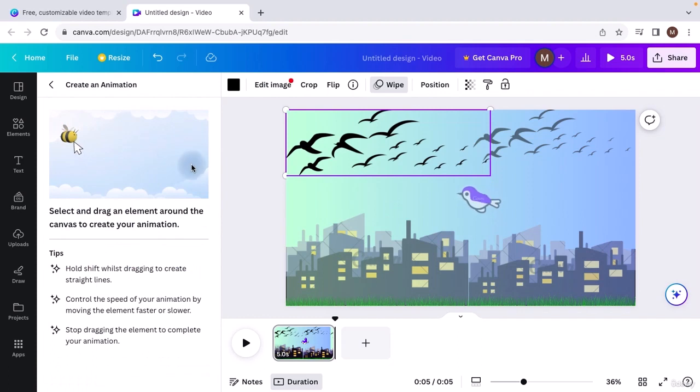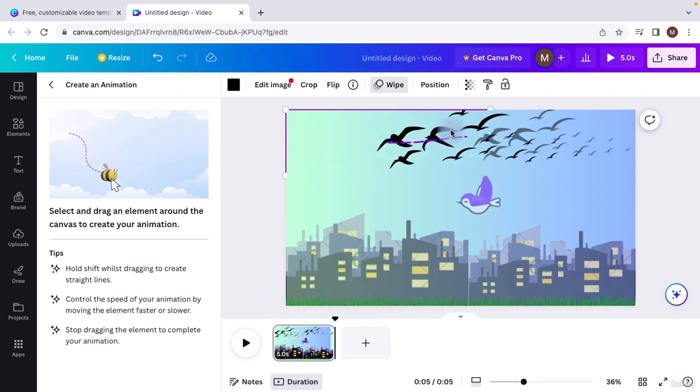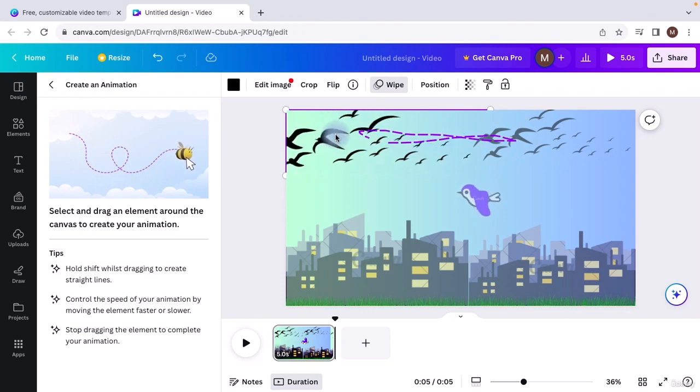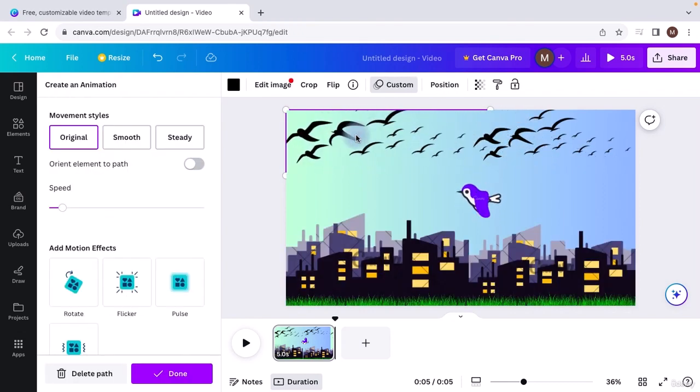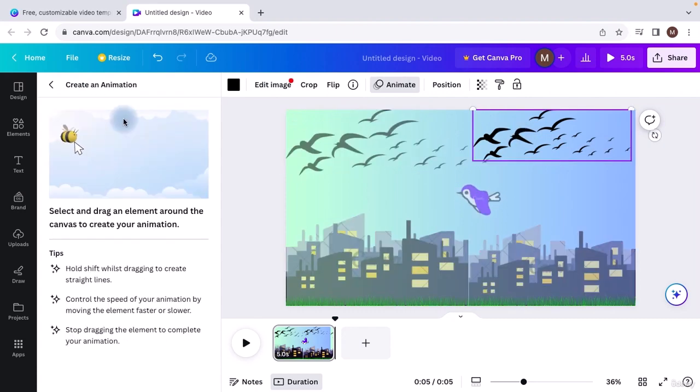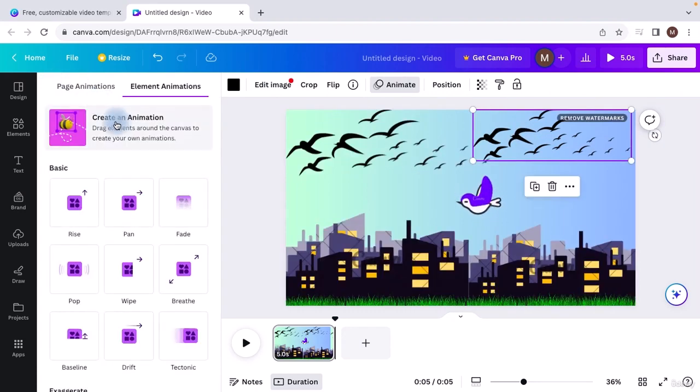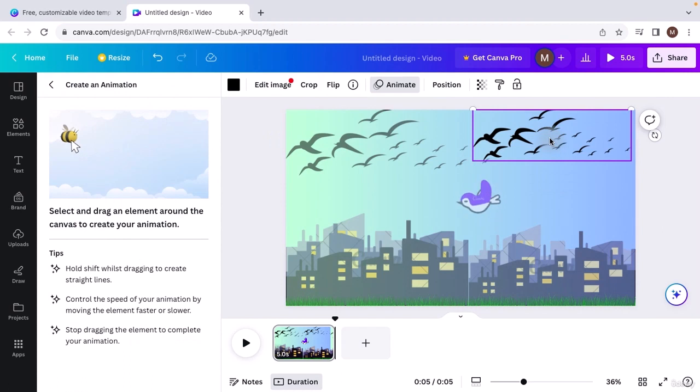I'll click on create. So what we need to do is click on the image and move it around to give it a path, in the sense that we have to specify to Canva which path the birds take, and Canva will automatically create an animation based on the path. We'll do the same with the other birds. So click on create animation, and then